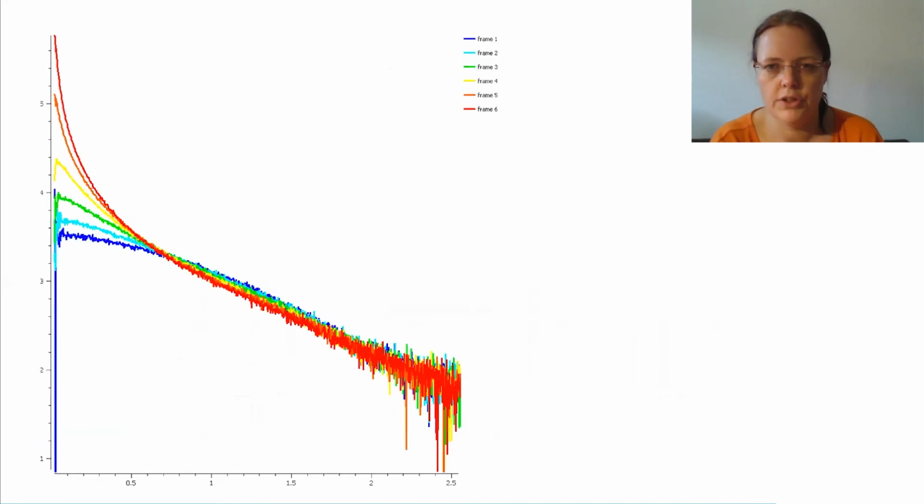Here you can see from ribonuclease, we have 6 frames taken after each other, each of 50 milliseconds. You can see how quickly, between the first, the second and the third frame, we have very big changes in our SAXS curves. Normally you would expect within measurement that they would all align nicely on top of each other, but here we have these big changes.